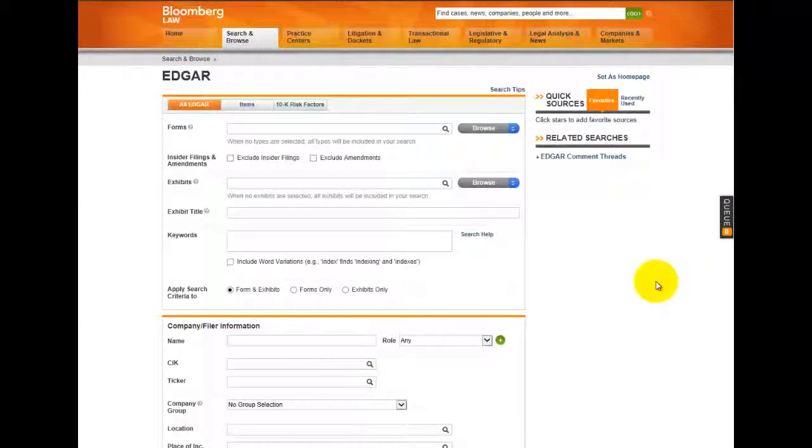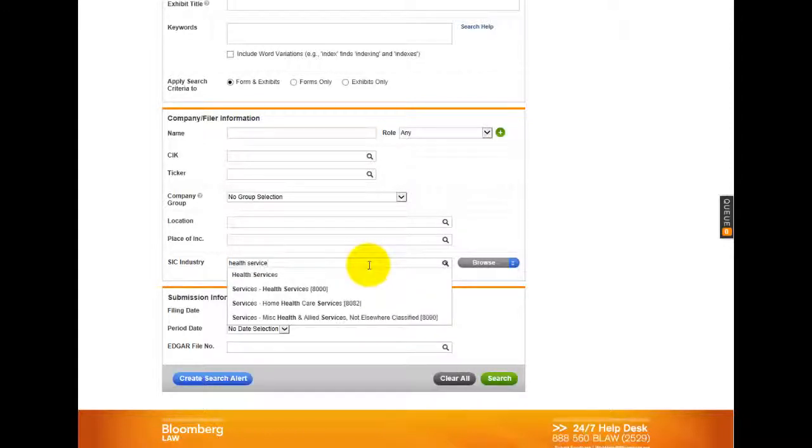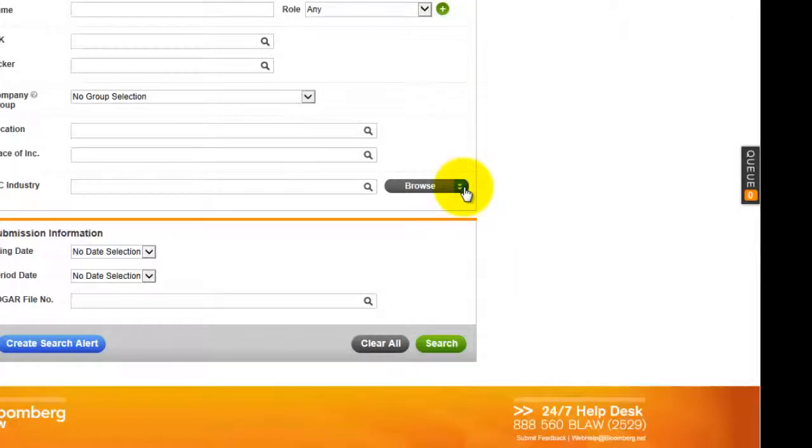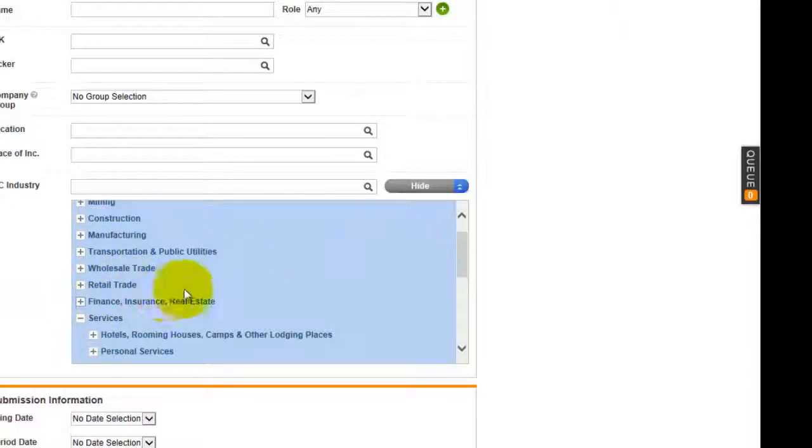Finally, let's try searching for a specific type of document rather than a specific company's filings. Let's search for a code of ethics for a health services company. From the EDGAR search page, begin typing Health Services into the SIC Industry field and select Health Services from the drop-down menu. We could also click Browse next to the Industry SIC field and select the same option from the